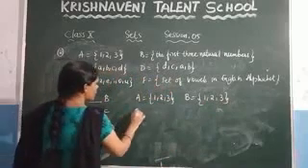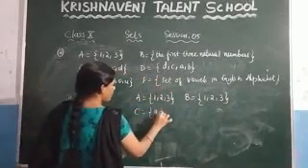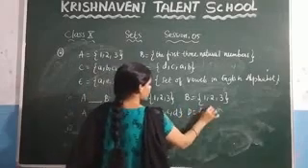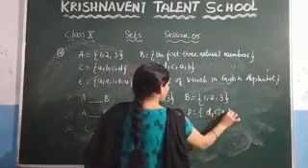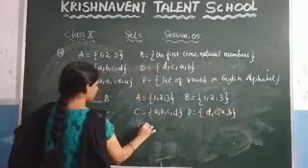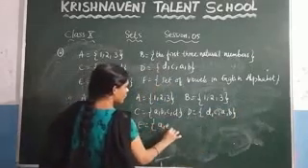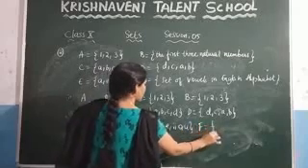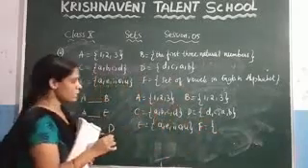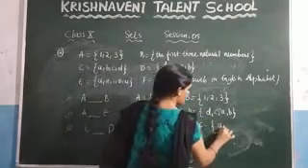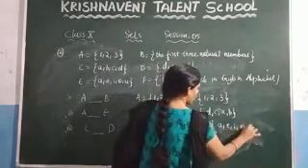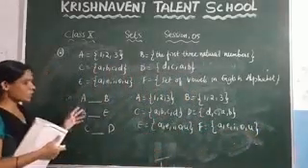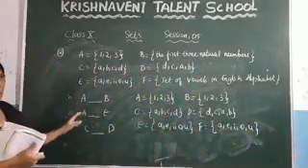And similarly, what is the set C given here? A, B, C, D. And the set D is also given in the roster form, which is B, C, A, B. And the set E is given as A, E, I, O, U. And the set F is given in the set builder form. What is it given? The set of vowels in the English alphabet. You know that the vowels are nothing but A, E, I, O, U. These are the sets they have given and you need to check whether the given sets are equal or not.